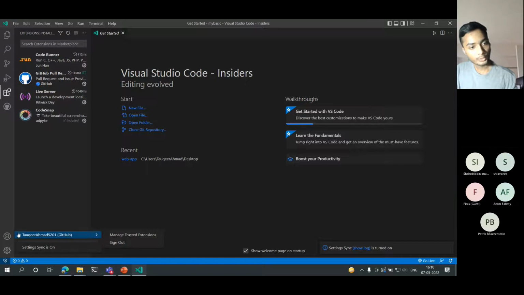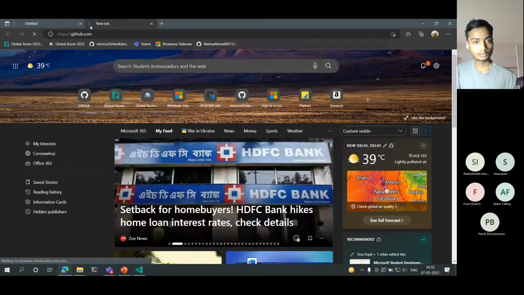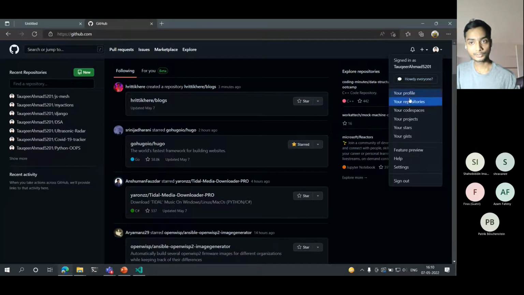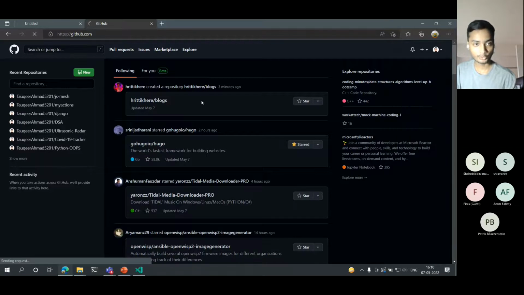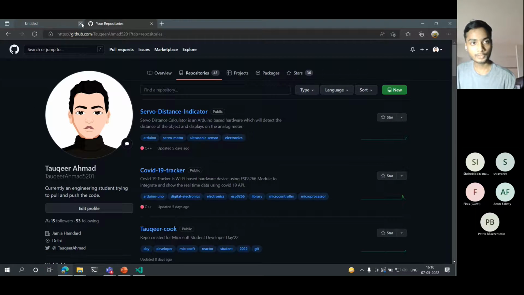But before moving into it, many of us don't know about GitHub itself, so let me make it clear. What is GitHub? That's GitHub, and you can fork your repositories, push your code over here, save your code over here, and make projects which can be shared over the internet. So do not worry about that. Making an account over here is free, and it's a product of Microsoft itself. Cool. I'm just minimizing it.